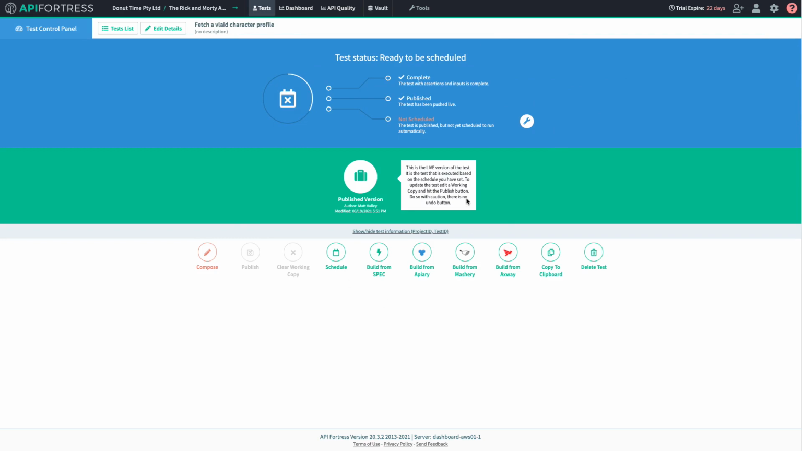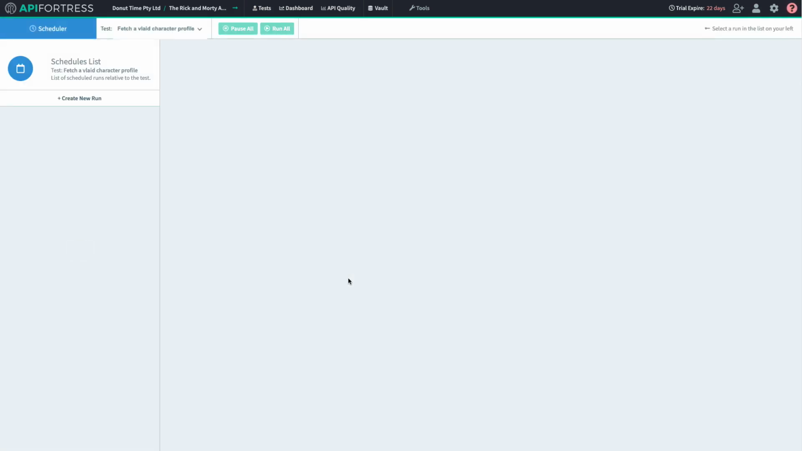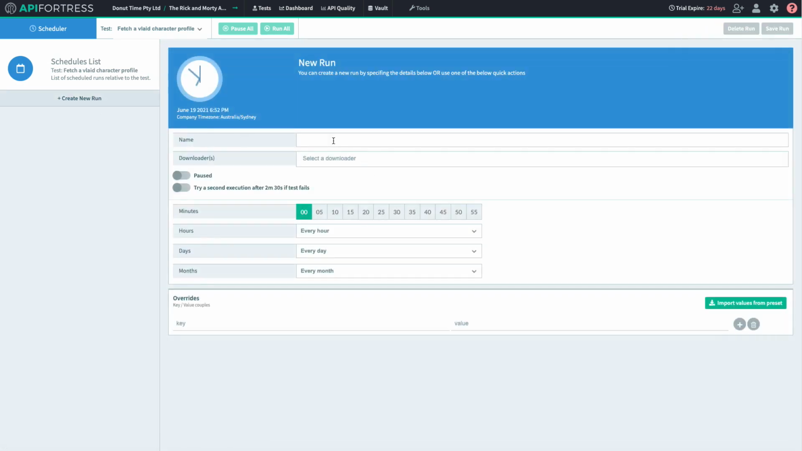So that's the trick. What you want to do now is click on the schedule button down here, and you will be provided with this interface for scheduling your test case. Within API Fortress, you can schedule each test separately. You can't combine multiple test cases into one group and schedule them all. So I will click on create new run over here